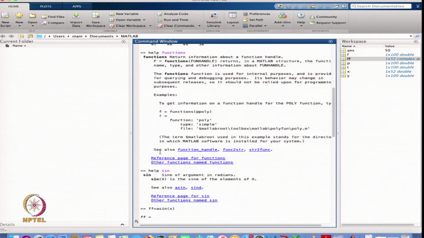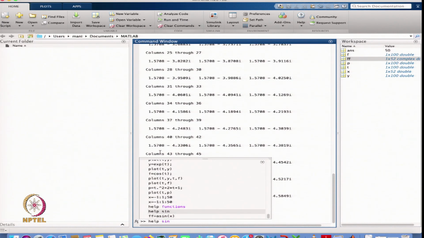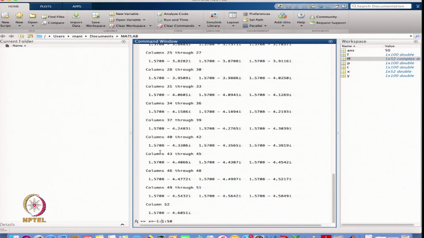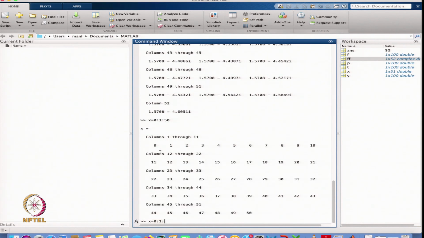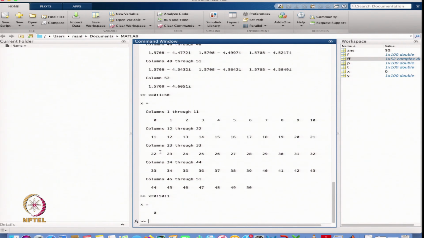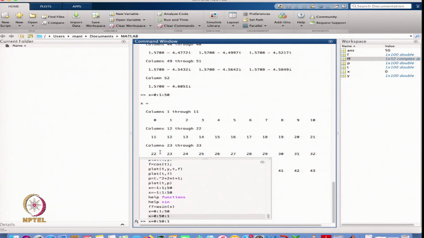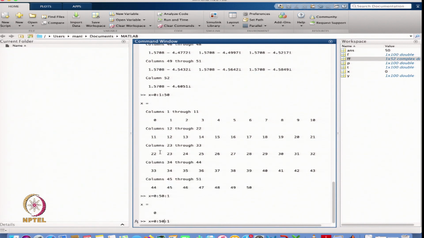Because here I should define my mesh from 0 to 1, or maybe I can define this with the linspace starting from -1 to 1 with 50 points.